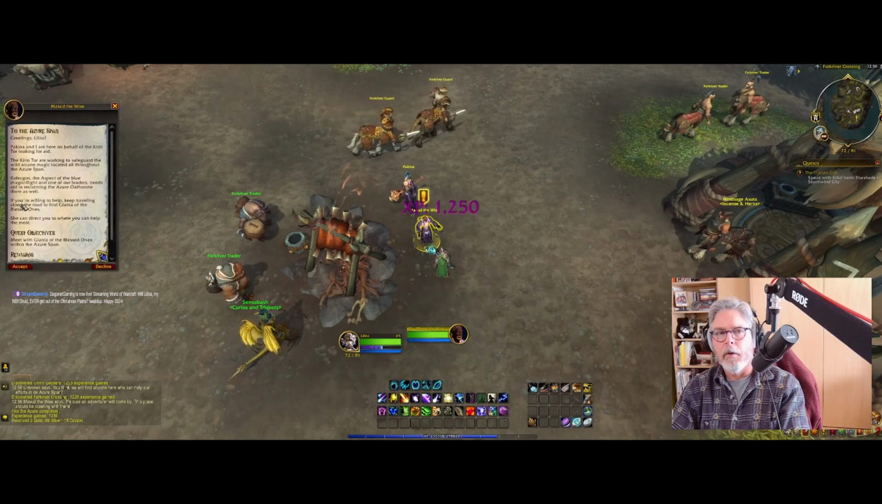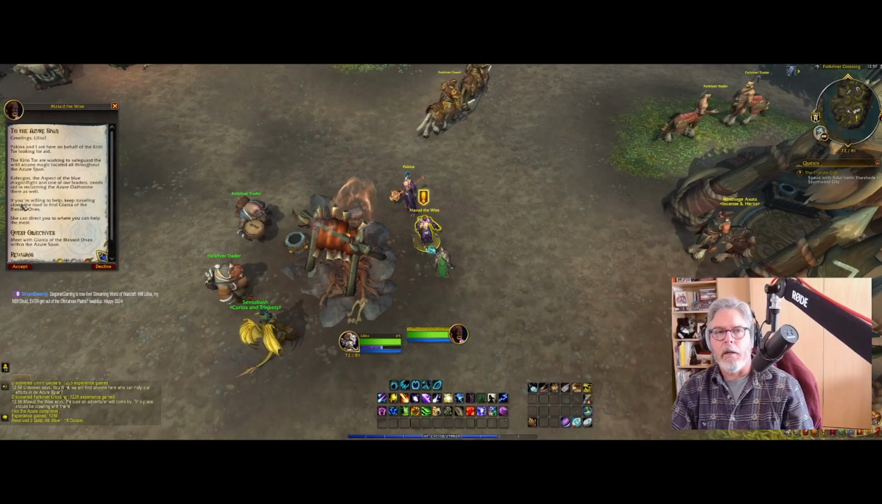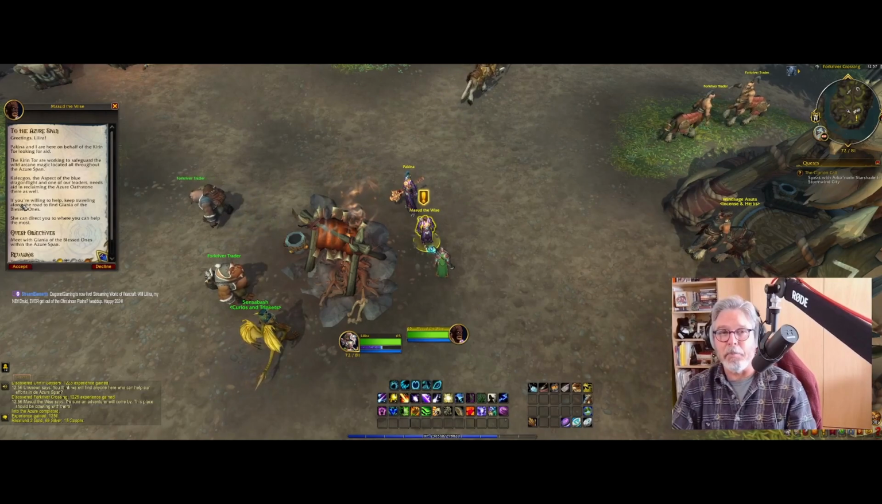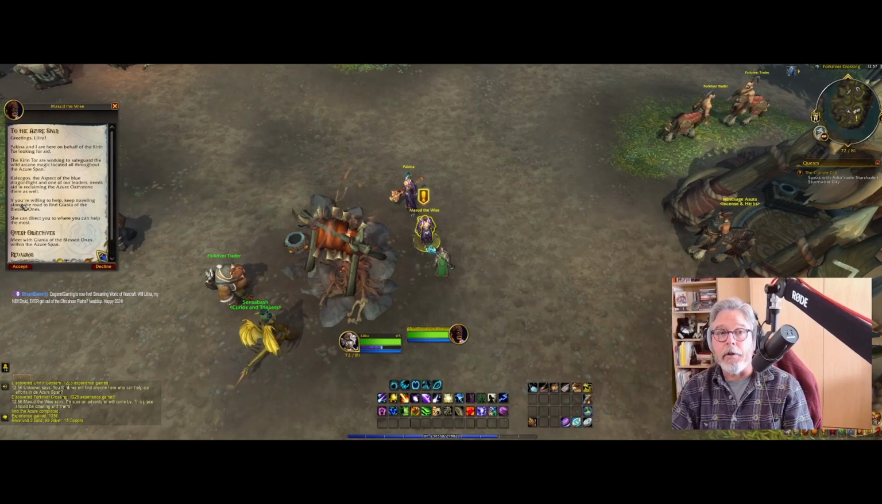Watch yourself out there. We are here on behalf of the Kirin Tor, looking for aid. The Kirin Tor are working to safeguard the wild arcane magic located all throughout the Azure Span. Caligos, the aspect of the blue dragonflight and one of our leaders, needs aid in reclaiming the Azure Oh-Stone there as well. If you're willing to help, keep traveling along the road to find